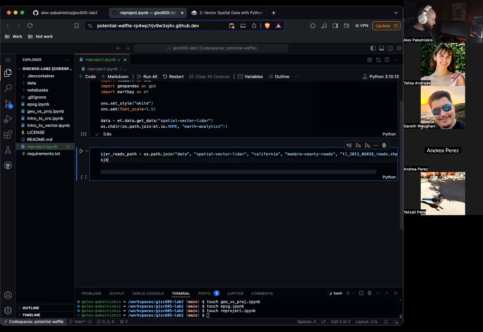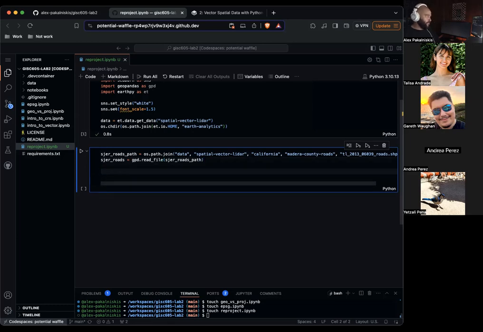Let's now read that into a geodata frame using GeoPandas. Now let's do a similar thing for the area of interest boundary. SJER AOI path equals os.path.join data, spatial vector, LiDAR.